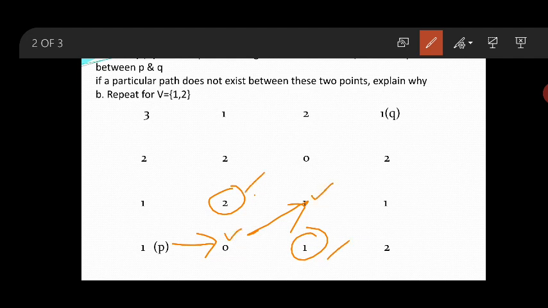These values should not be from V. If they are not from the V, then only you can make a diagonal connection. But in this condition it is not true. Why? Because 2 is not from the V.